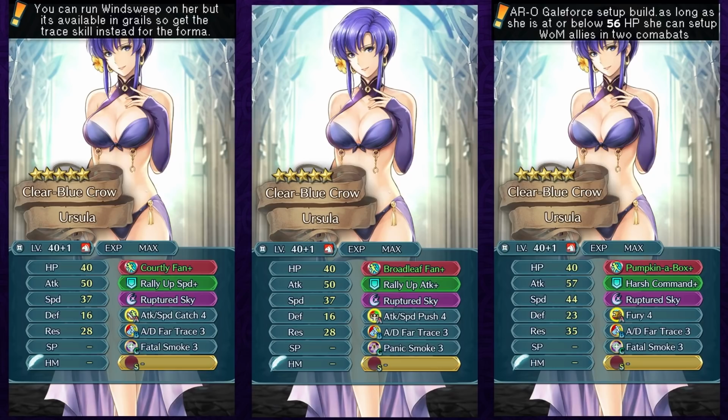And then we have got the Pumpkin and Box build. So this is for Ether Raid's offense for Gale Force setup. As long as she has got 56 or lower HP, she can basically set up Gale Force for her Wings of Mercy allies by engaging in 2 combats. So the recall damage from Pumpkin and Box, which is a Fury Dagger, and Fury 4 is going to be helping you. Now unfortunately you cannot get access to Disarm Trap in Hall of Forms,